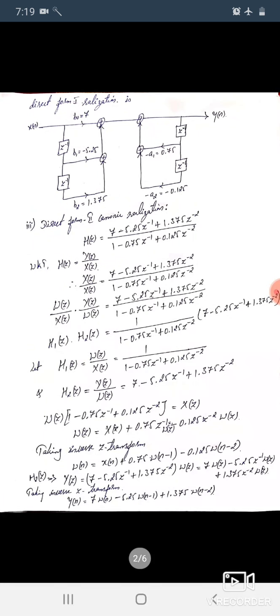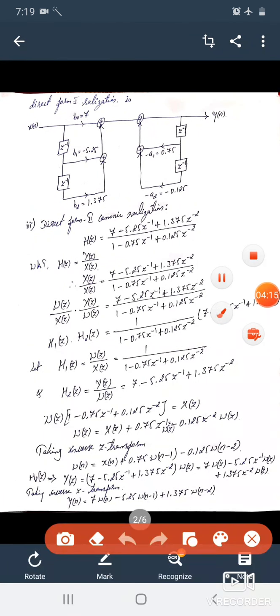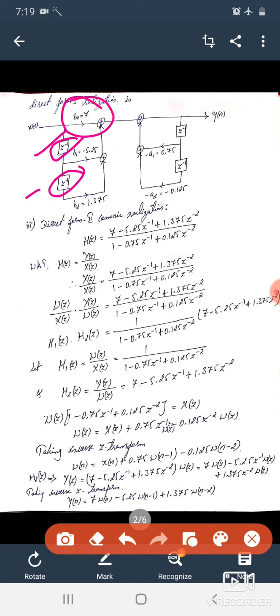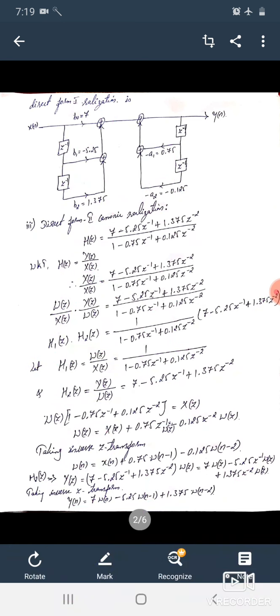Next, we have to draw the direct form 1. Just represent how many delay functions we need, that is z inverse and z raised to minus 2. For that reason, 2 delay functions represent your b0, b1 and b2, and in this case a1 and a2. If you represent this, you will get your direct form 1. Next, to get